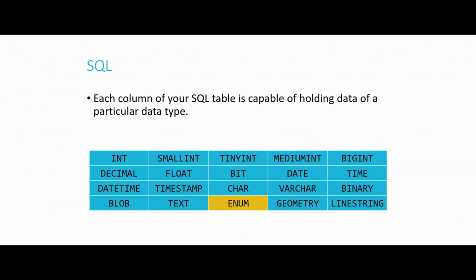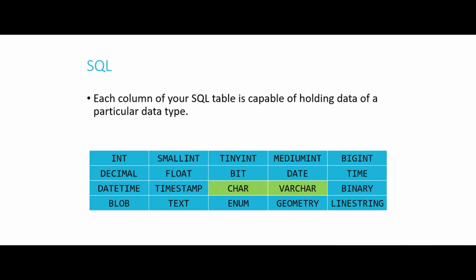Enums are also a type that exists in C, but we don't talk about them too much in C. But really quickly, what an enum is, it is a column of your table that can be used to store a limited set of values. So for example, I could have an enum that is called like favorite colors, for example. And I can specify when I'm building my table that it can only be capable of holding red, green, and blue. If you tried to insert a row that had purple in that place, that wouldn't work because it is not one of the enumerated values that can be stored in that column.